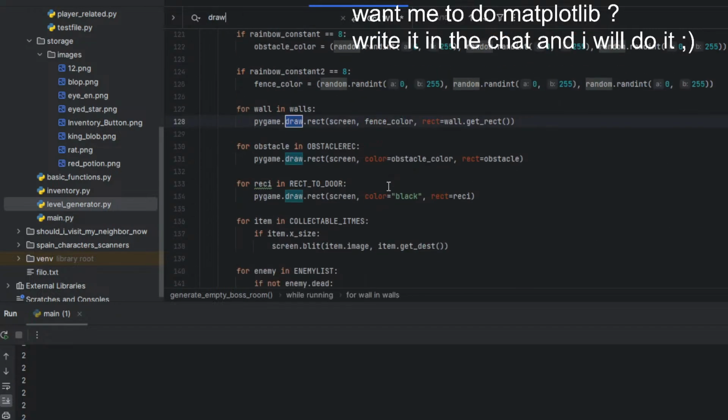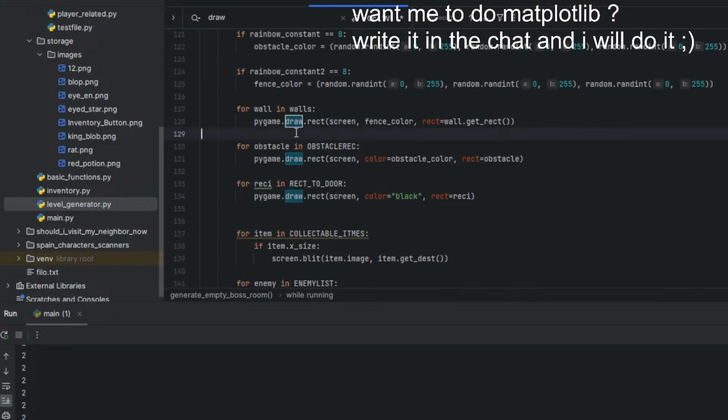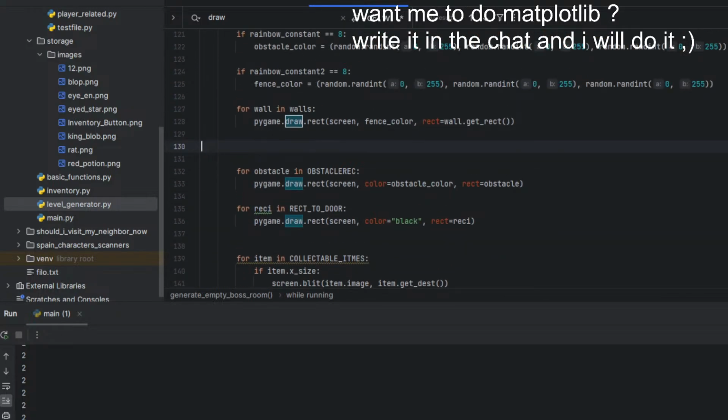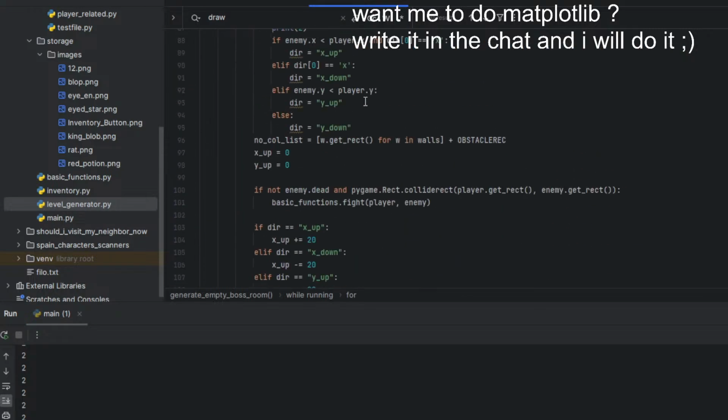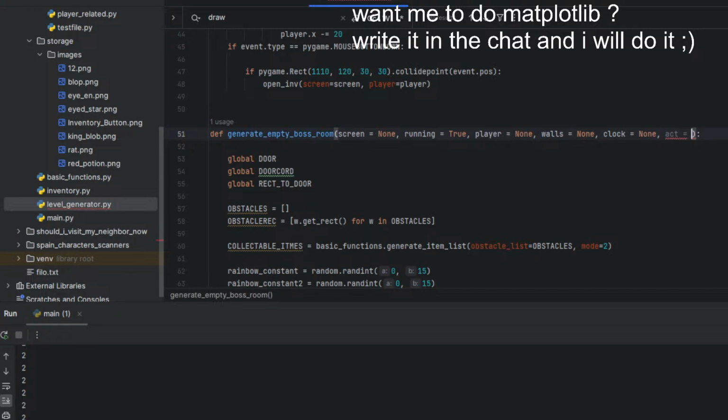I'm sorry. So now for wall. Do we have something like clock non... act equals 1?